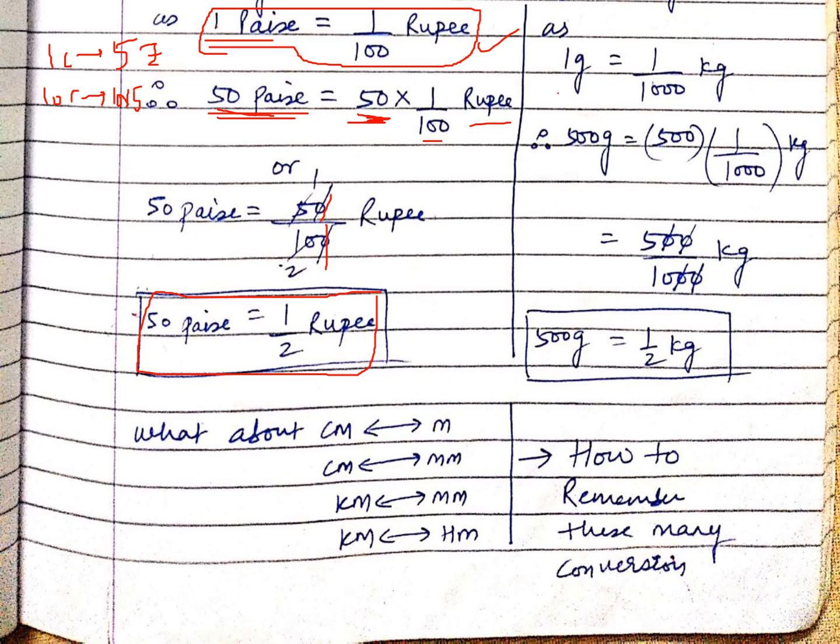Similarly, if someone asks how many kg in 500 grams, first you need to know the formula, that in 1 gram how many kg, which you can easily find. So what I've done is I have multiplied with 500 and got this. These zeros cancel like this. 5 upon 10 is 1 upon 2. This is just foundation. I have not started the course till now. Just a foundation. Okay. So be calm and composed.